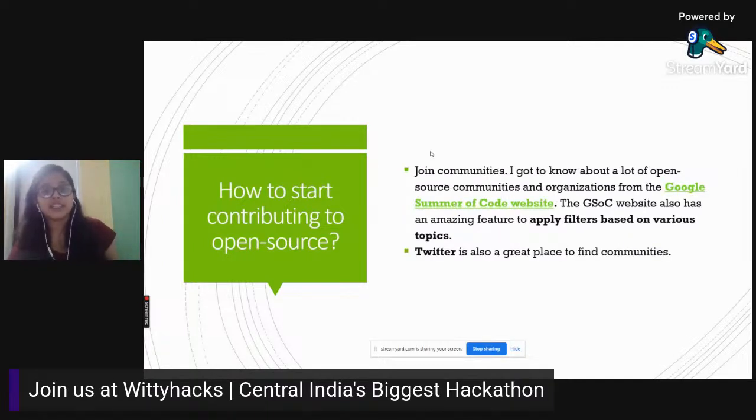The next thing is joining communities. Once you have upskilled yourself, you want to join the communities which have projects in the tech stack you want to contribute to. I got to know about a lot of open source organizations from the GSoC website. For any open source program, like GSoC or LFX Mentorship or Outreachy, if you go to their website, even if you are not interested in participating in those programs, they have a list of all the open source organizations and also a link to join their public channels. So that is a very important resource that will help you in joining,